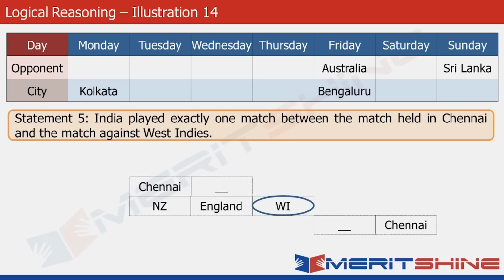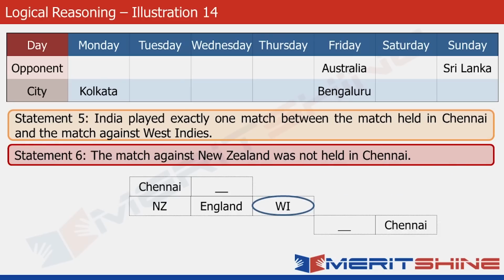But only one of them has to be true, and we need to find out which of the two is true. For that, let's look at statement 6 now. It reads that the match against New Zealand was not held in Chennai. It clearly means that the Chennai match happened after the West Indies match. So this becomes the final shape of this block. New Zealand, England, West Indies, then a blank day